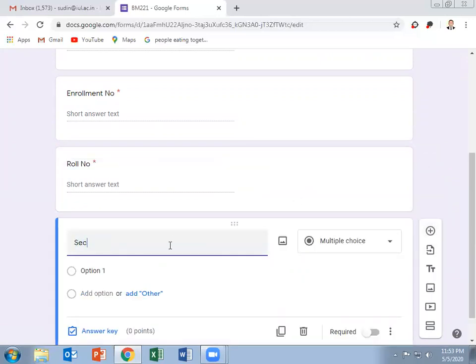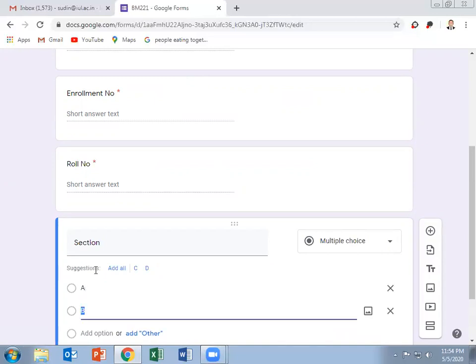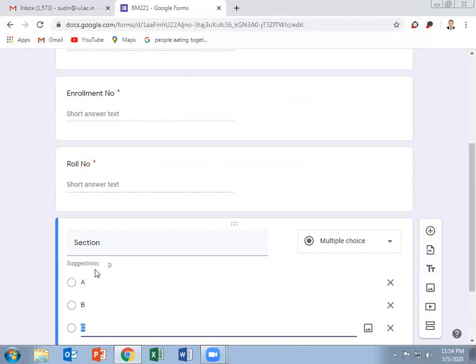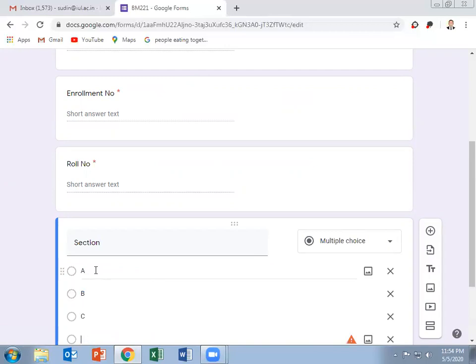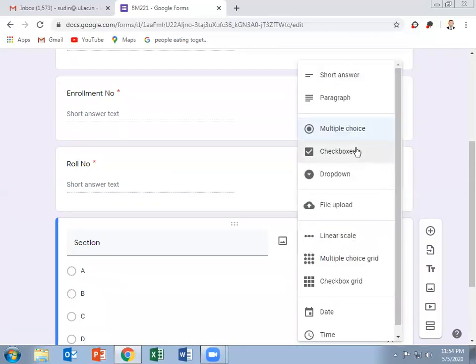Then the section, if there are multiple sections of the class which you are teaching. For example, if there is only one section, you need not ask this section. But if there are many sections, take for example, the students are divided into various sections, section A, B, C, D. So the section has to be a multiple choice, not a short answer or a paragraph.